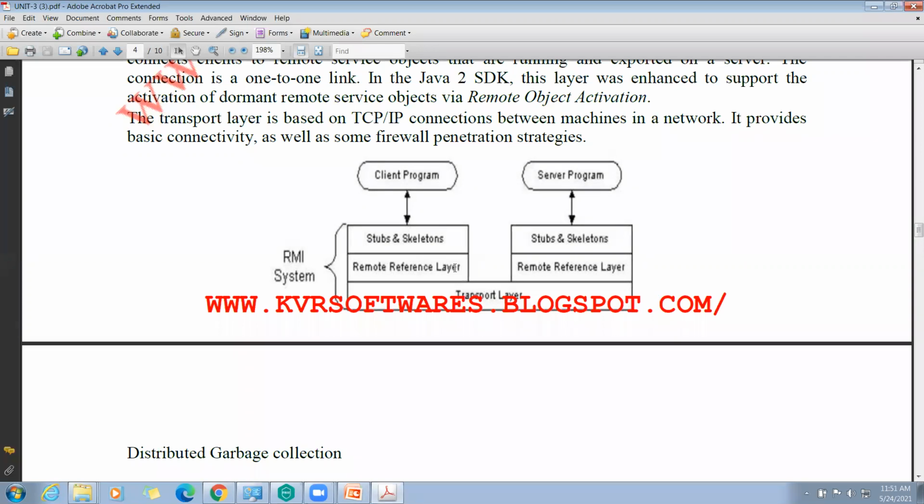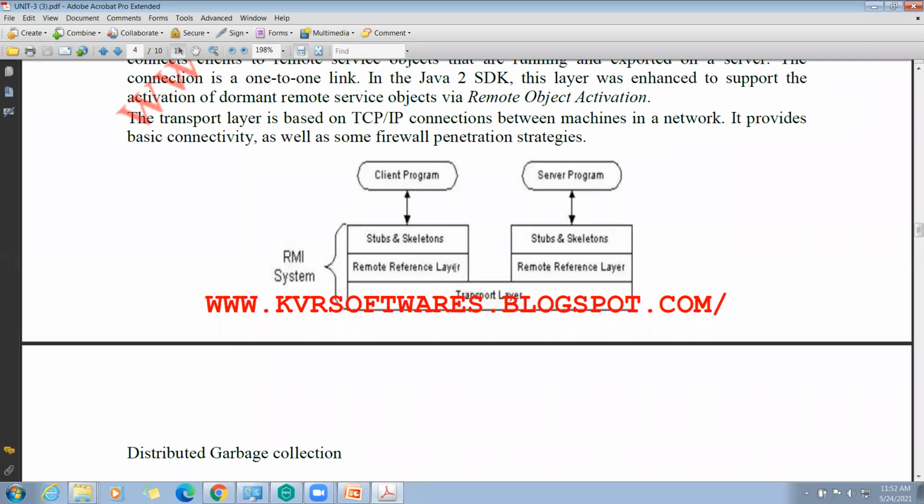And skeleton and the stub. What is stub? What is the responsibility of the stub and skeleton in client side and server side? I will tell you. This stub and skeleton both hide some complexity of the communication. The stub hides the serialization of parameters and the network level communication in order to present a simple invocation mechanism to the caller.